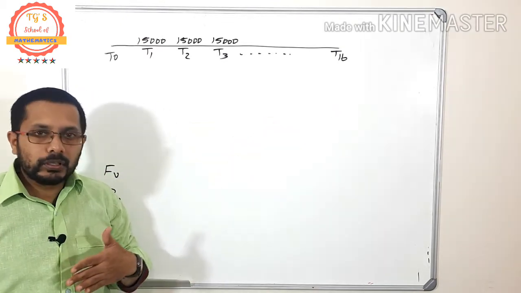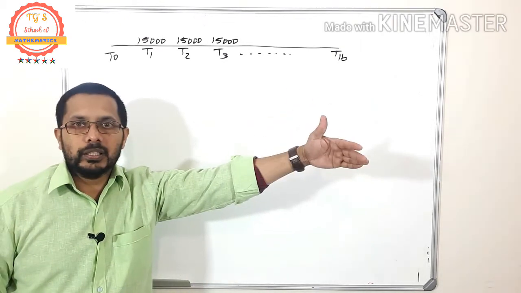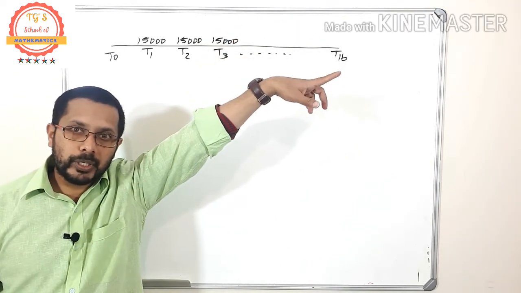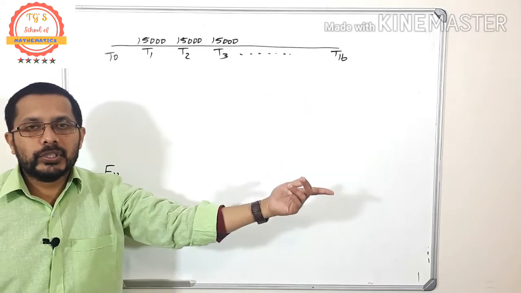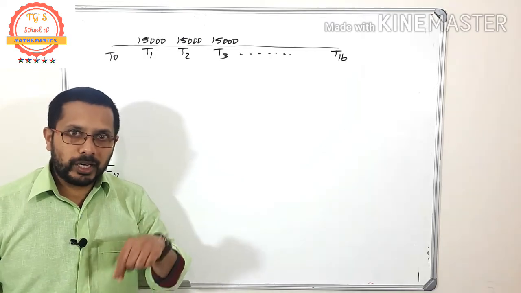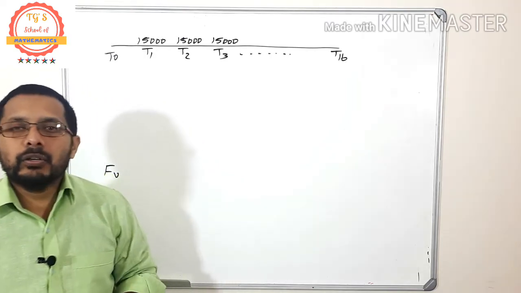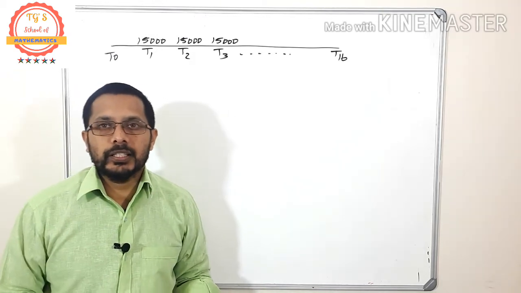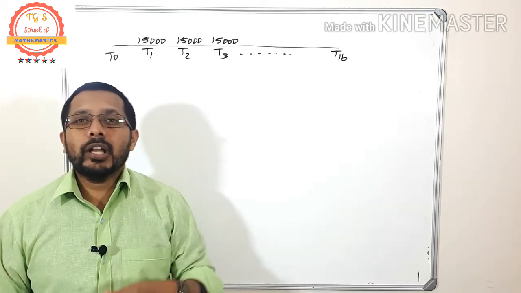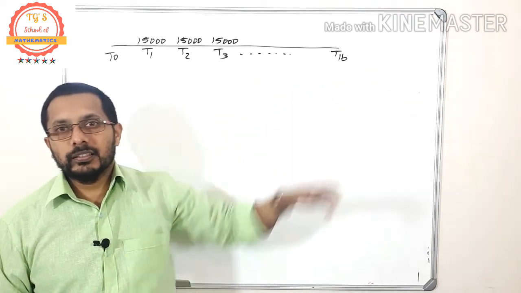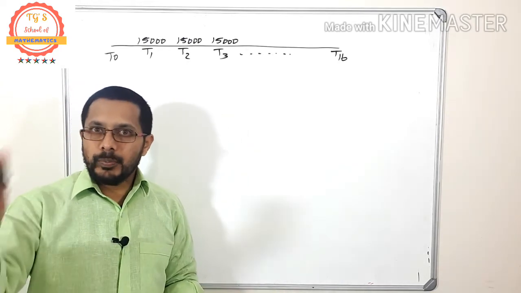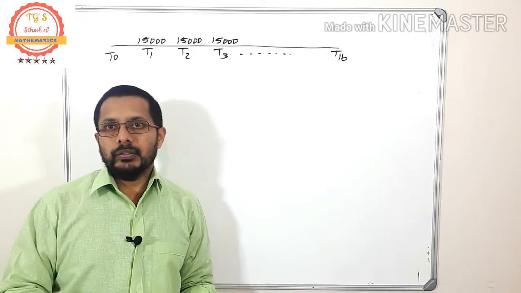I started depositing 15,000, 15,000, 15,000 like that, and the money that I'm going to get is after 4 years, in the future. Am I right? So that is future value annuity. But if you take a loan, when do you get the money? Now. If I want to buy a car, I go to Standard Bank. Will they tell me that we will give you the money after 3 years? No, I want to buy the car now. So if they approve the loan, they will give me the money now. That is a present value.